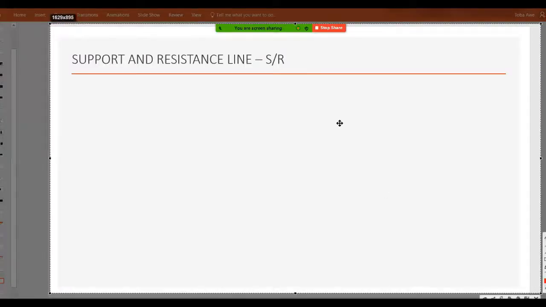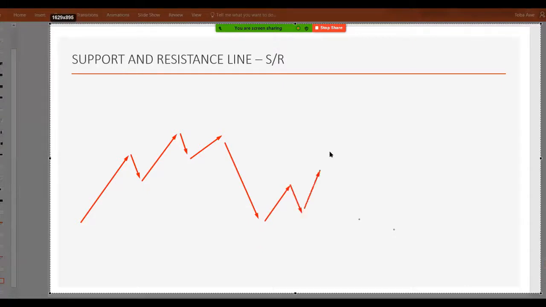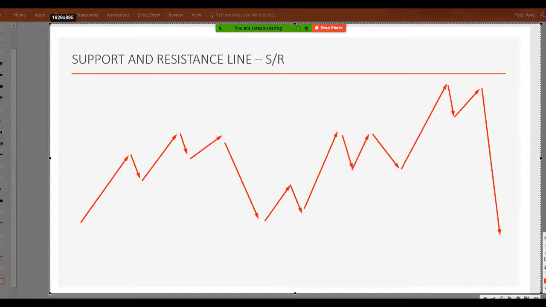Now, when you're analyzing the market, it moves in different directions. The market does not just go up, up, up, up. No, it goes up, down, up again, down. It will fall down like this. That's how the market moves. Whatever goes up surely comes down. When I say market, I mean the price. That's how it's moving. It will drop like this. Now, from this, when I look at this, there is a